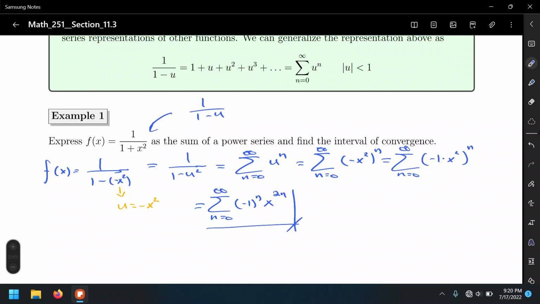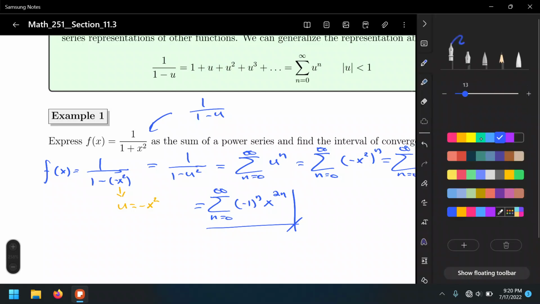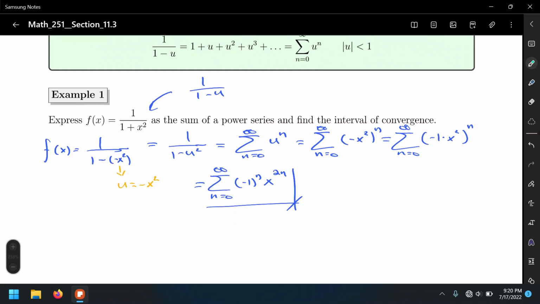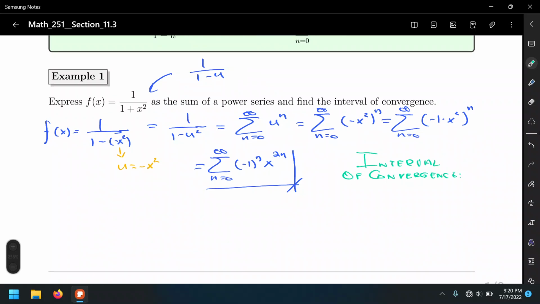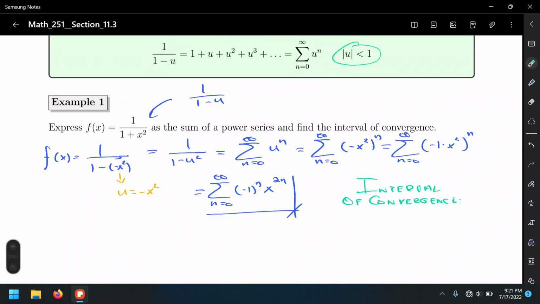Alright, so we reach our first part of the goal, which is obtaining the power series in sigma notation. But they're also asking us to find the interval of convergence, and for the interval of convergence, we need to do the following. Keep this in mind: